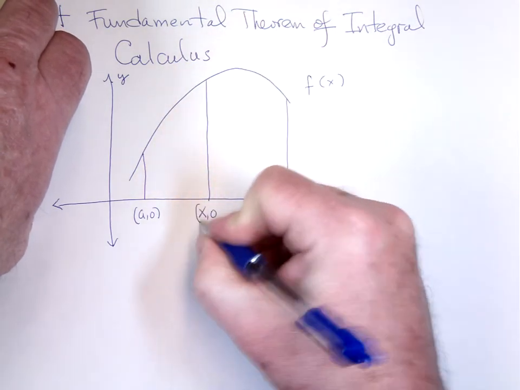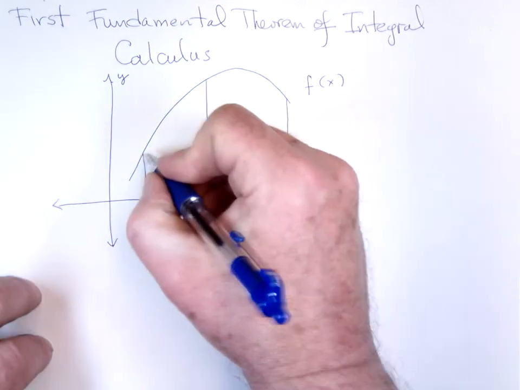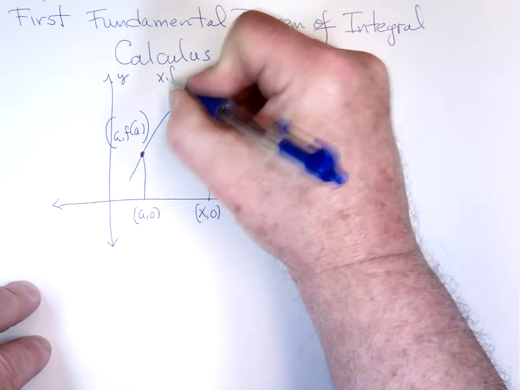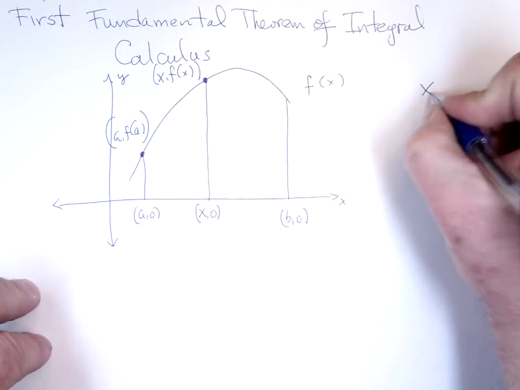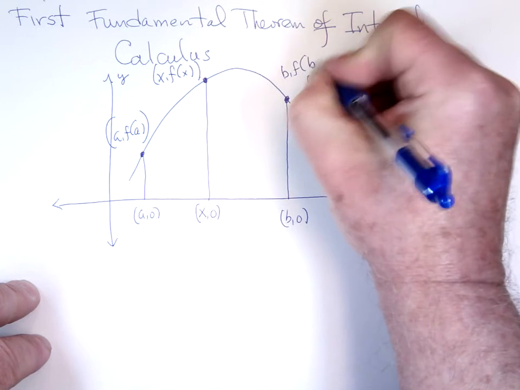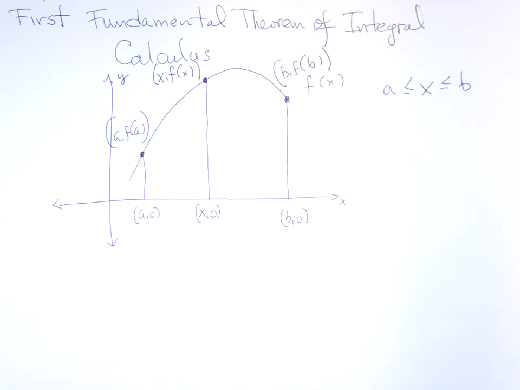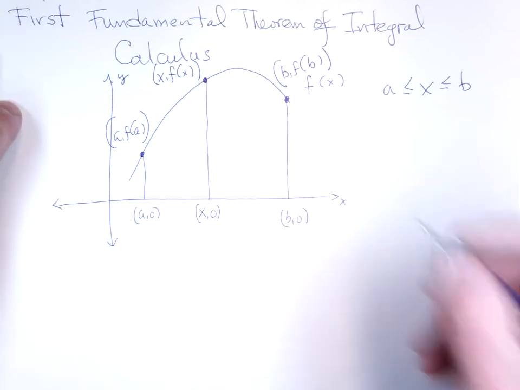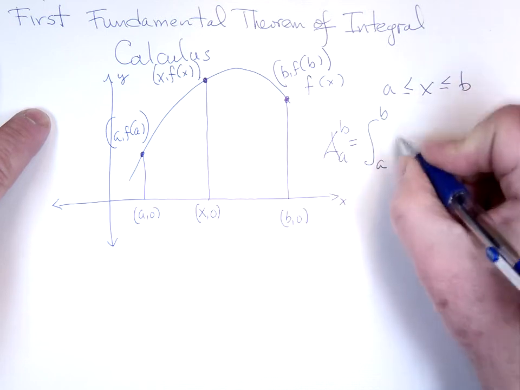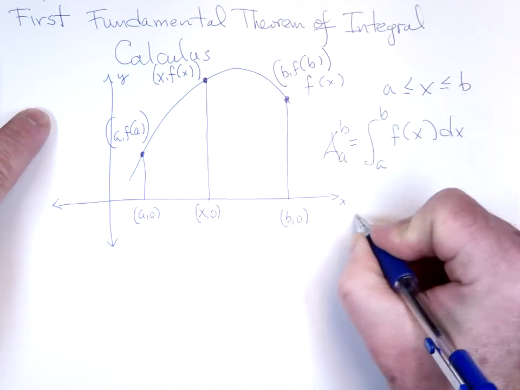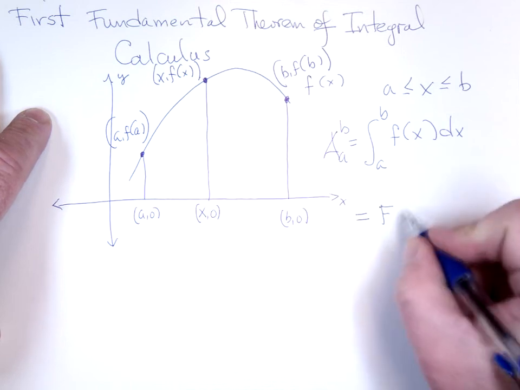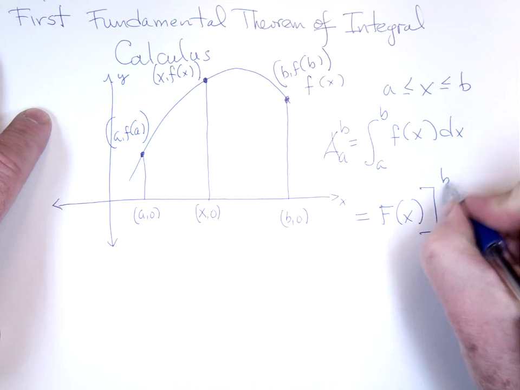This point right here is A, f of A. This is the point x, f of x. x is some value between A and B. This here is B, f of B. What I eventually want to show with this proof is the area from A to B is the integral from A to B of our function, which is equal to the antiderivative of this f of x, which is a capital F of x, from A to B, where